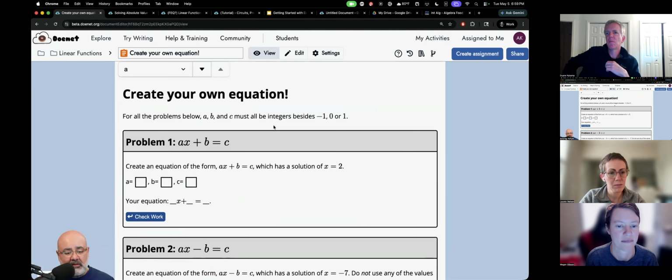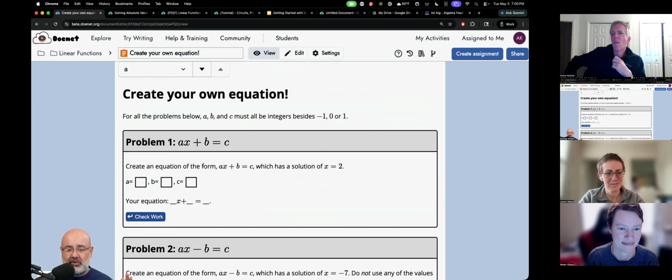So instead of solving equations that I give them, I want them to create an equation of this form, ax plus b equals c, and it needs to have a solution of 2. They're not allowed to use -1, 0, or 1 as a, b, or c. If you understand the lesson that came right before this, which was what it means for something to be a solution to an equation, an inequality, or a system of equations,